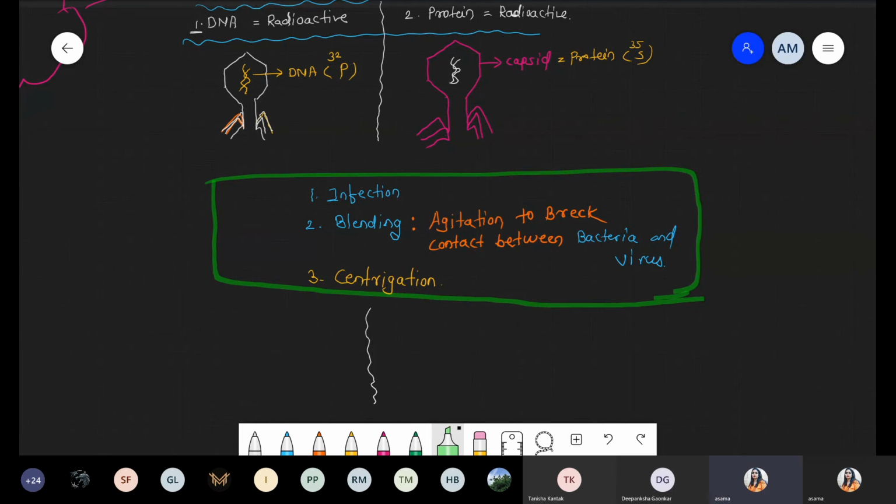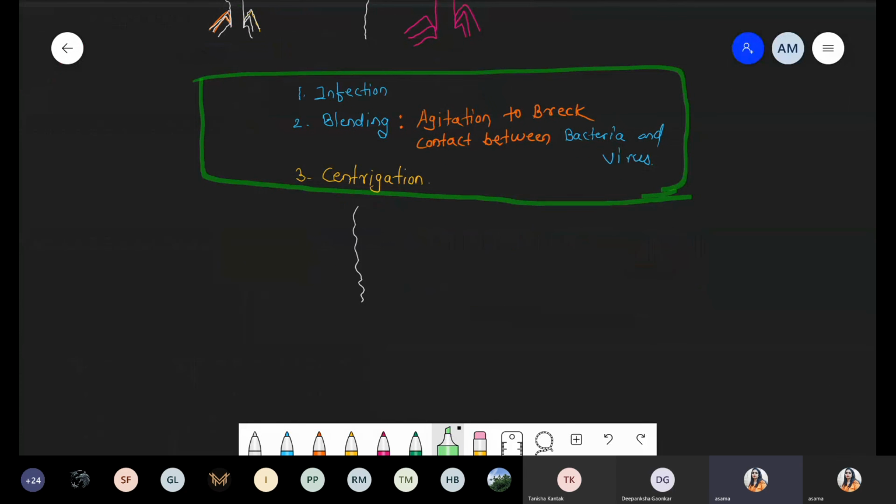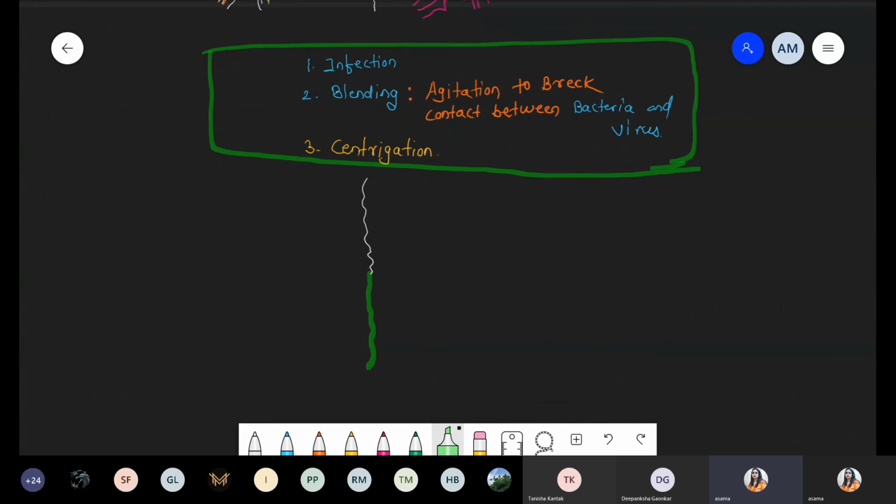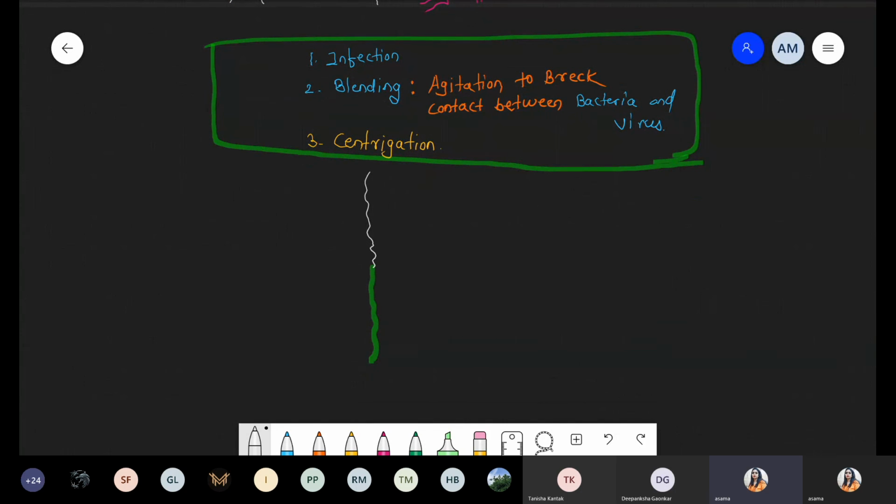Okay, so these are the common steps for both. Now we are talking about the result. First of all, we are talking about the result after centrifugation in the DNA radioisotope experiment. In the case of DNA radioisotopes, we draw the test tube. Test tube means the centrifuge tube, because the centrifugation process is carried out. So there is a presence of one tube. Here also we are drawing a tube.